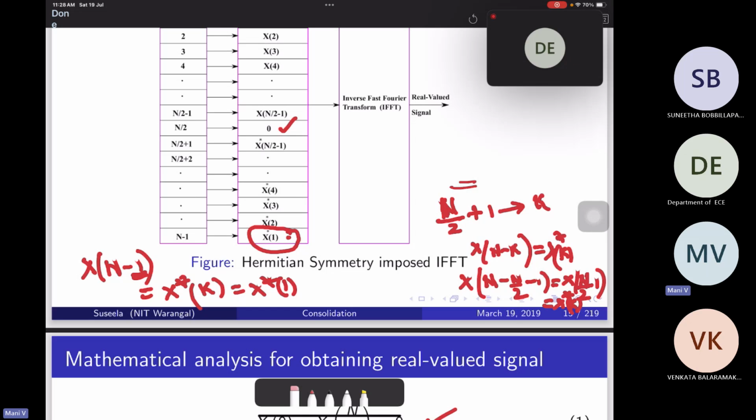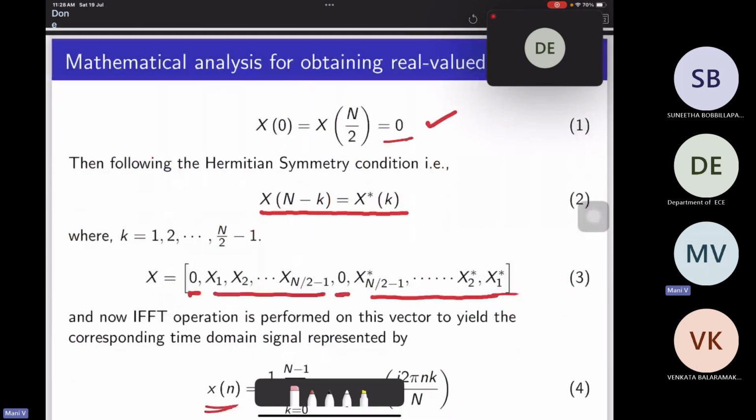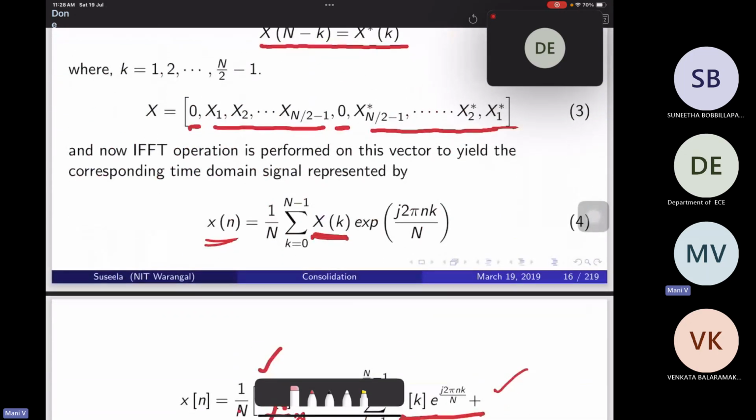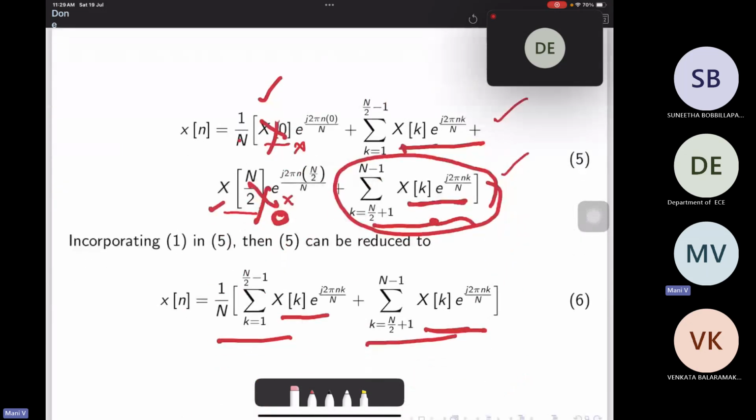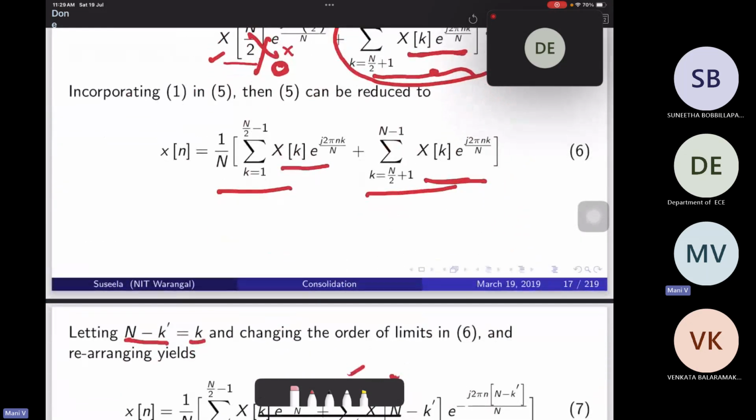We'll come back with the Hermitian symmetry. So this is how the arrangement is done. Now finally, after combining all the values, we have obtained the final equation as,